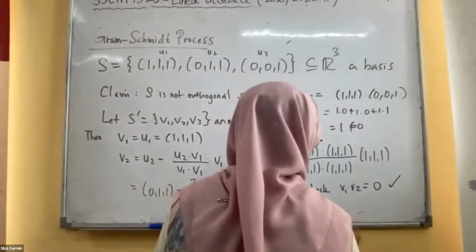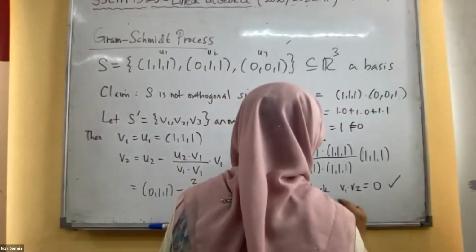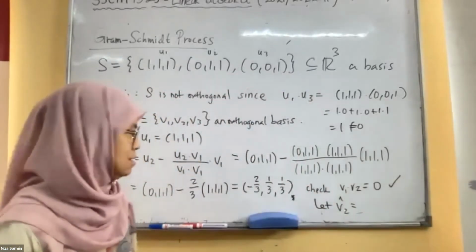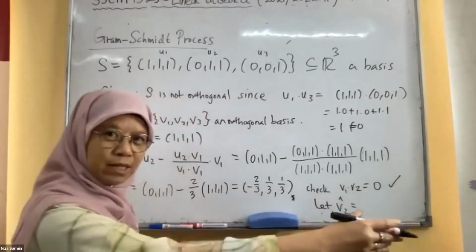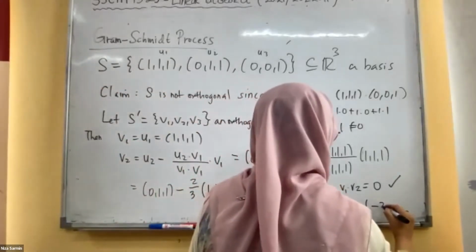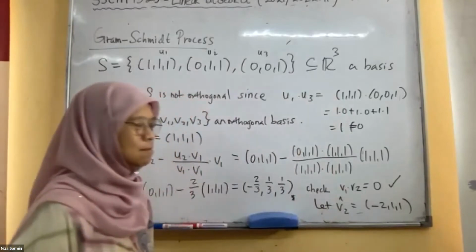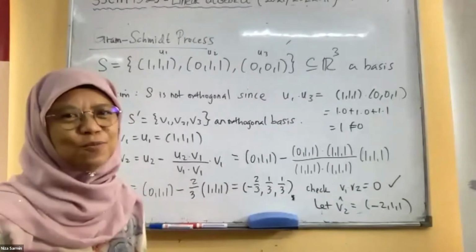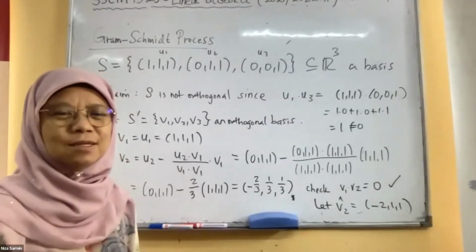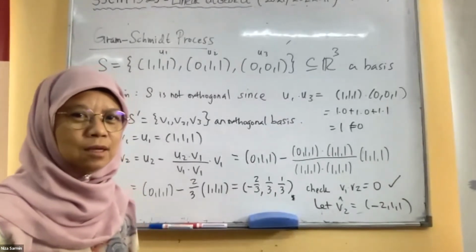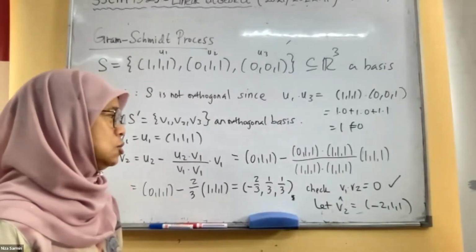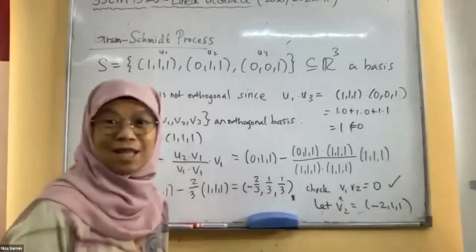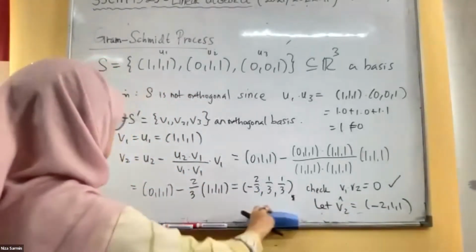So let V2 hat, because a basis can be a multiple, right? I multiply all by 3. I get negative 2, 1, 1. I get rid of this. If you want big numbers, multiply by 30, whatever you like. Okay, this is the LCM, right? So you can still check that these two are still orthogonal. Don't multiply wrongly. Now I have to find